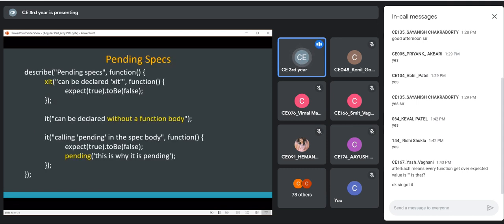And even if you want to disable a single test case or one or more test cases, you can do the same trick. You can just apply X in front of the function it, so instead of it, it will become xit. Those will be displayed as pending test cases in the final report generated by the Karma framework. The remaining test cases would be executed, but the test case having the name xit would be ignored. So those will be displayed as pending test cases.